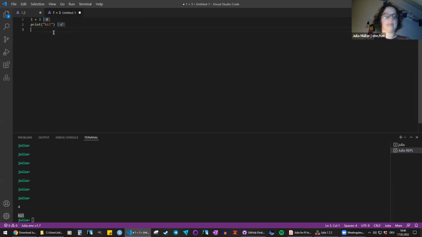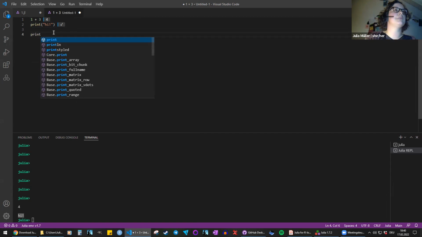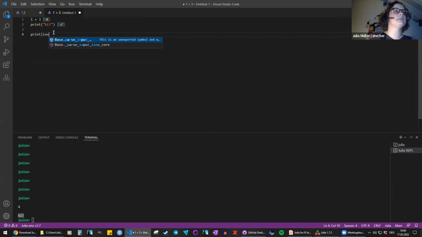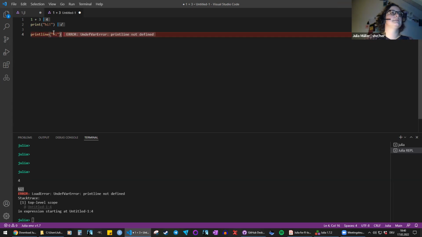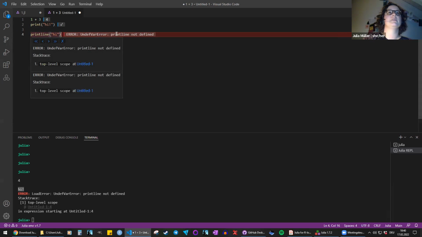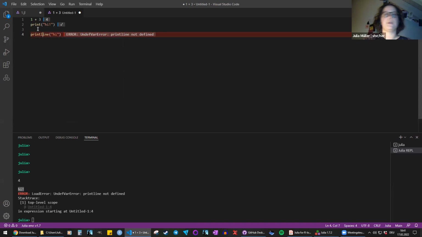And what I mentioned before, this trying to help me if I make a mistake, I can try and show that. I think in Julia, you can do print or println, but it shouldn't know what printl is. So when I try to run that, you can see it turns red and it tells me undefined variable error, printl not defined. So it's basically trying to tell me this is not correct, something's wrong here. It's trying to help me figure out where my code is breaking, right?